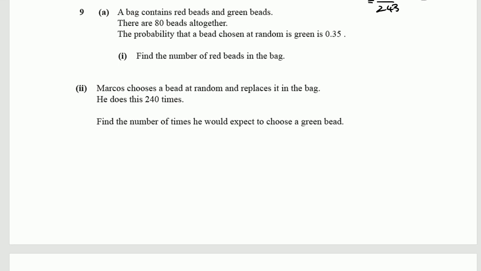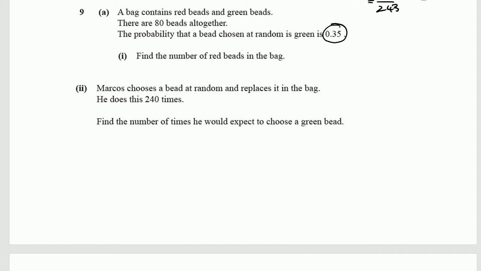A bag contains red beads and green beads. There are 80 beads altogether, and the probability that a bead chosen at random is green is 0.35. I want to find the number of red beads in the bag. Well, let's treat this